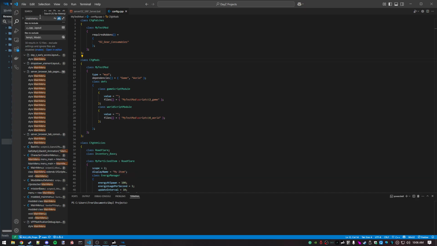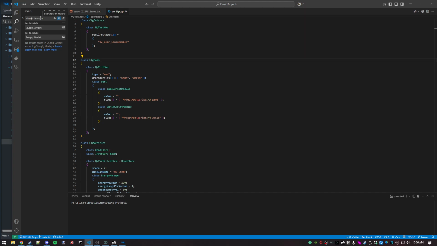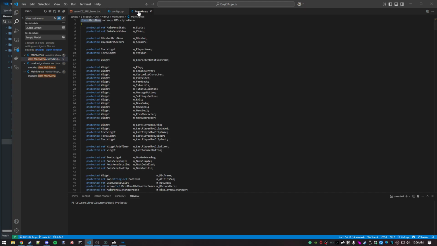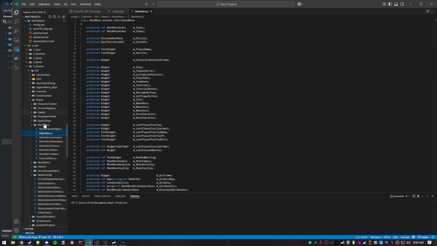And I know that it's probably going to be its own class because it's a unit of work. So I'm going to prefix this search term with class. And it looks like we have a couple options. Two are modded that I've done, and here's the vanilla main menu. All right. So we open this up, and you'll notice that it's a 5 mission. If I go into the folder structure, it's under 5 mission. So this is